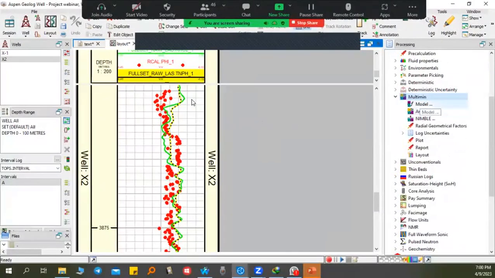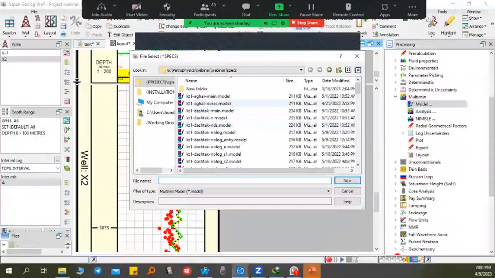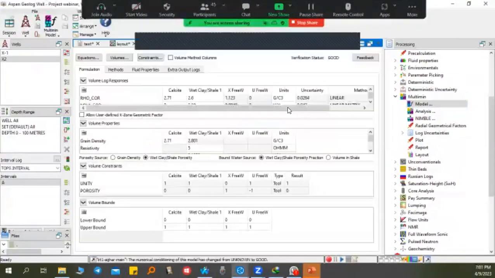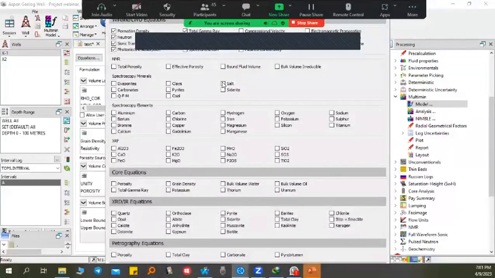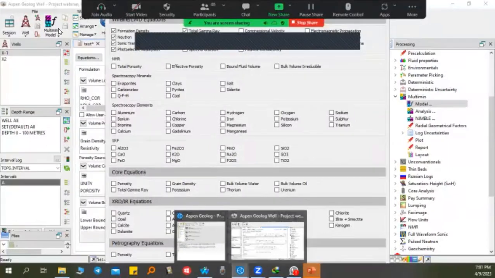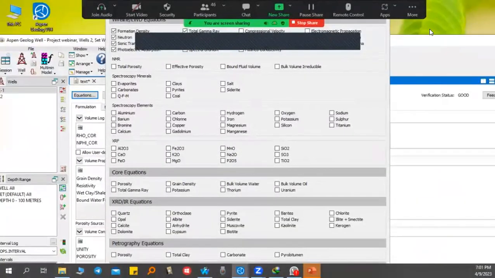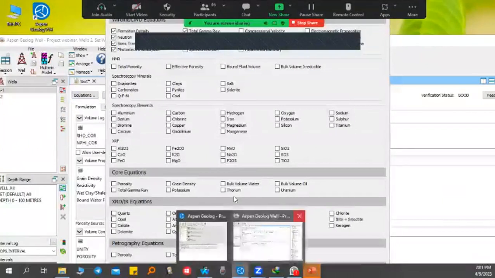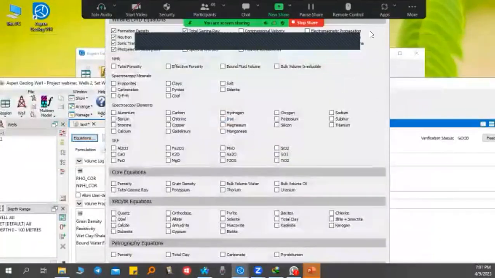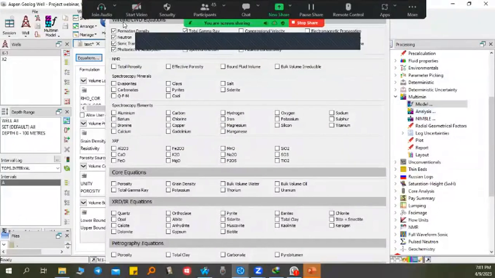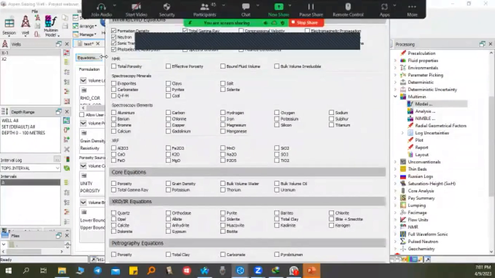I can show you the models in one of the industry projects we did. We can check the model.